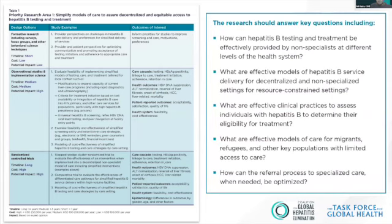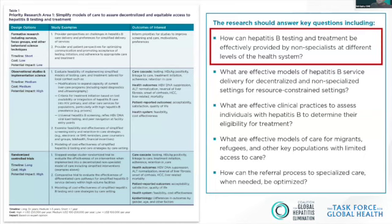Would you expect outcomes in the 1-year time horizon or even up to 5 years? What kind of cost, generally speaking, might that study entail based on your experience? And then finally, the potential impact that conducting such a study could have. And you can see some of those assumptions there at the bottom of the table. You can advance for me, Quincy, and I can just describe one of those key research questions for each of